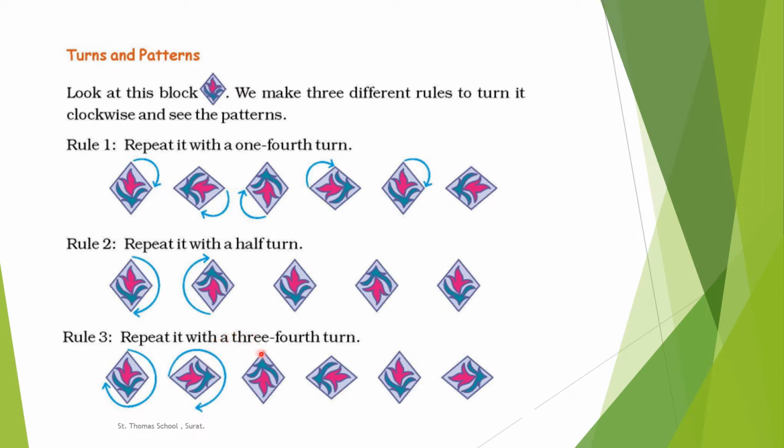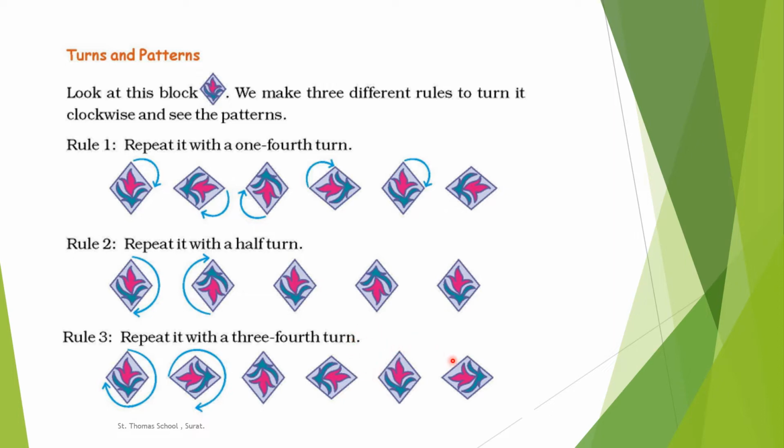So if you rotate this picture by a 3/4 turn, then you can see the flower is going on your left hand side. It is pointing towards your left hand side. Now again look at the arrow mark, the blue arrow mark, how it is going. Like this you have to once again rotate. So if you look at your third picture, you can see your flower going upside down. Clear? One more 3/4 turn, it would go on your right hand side.